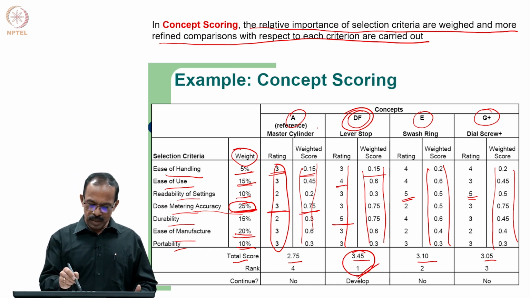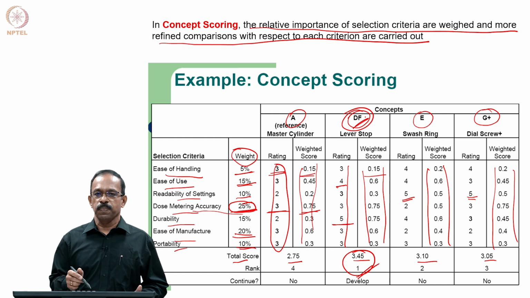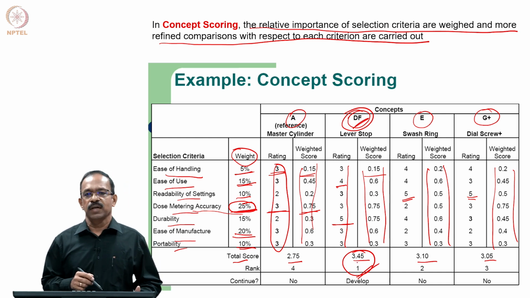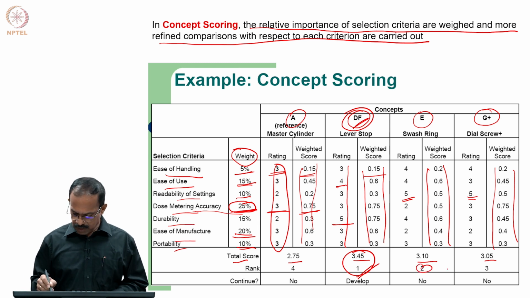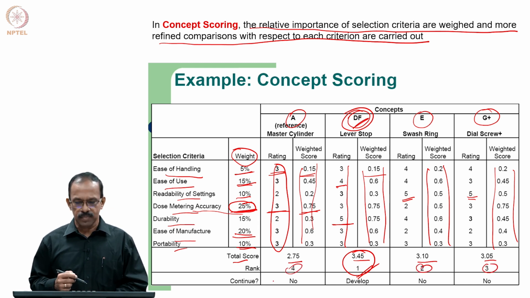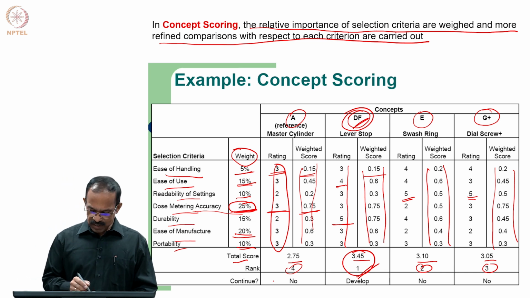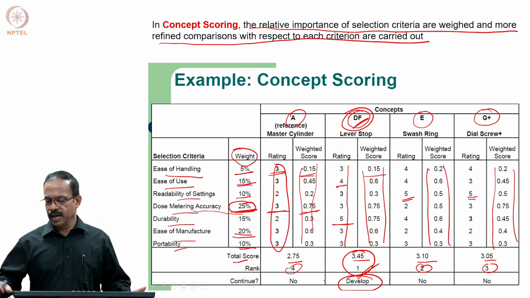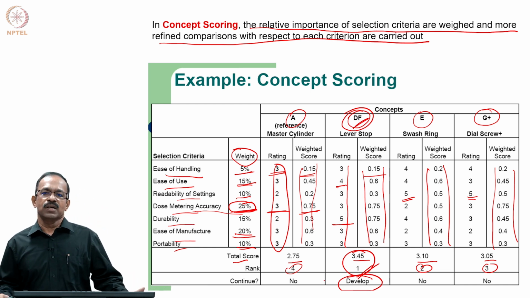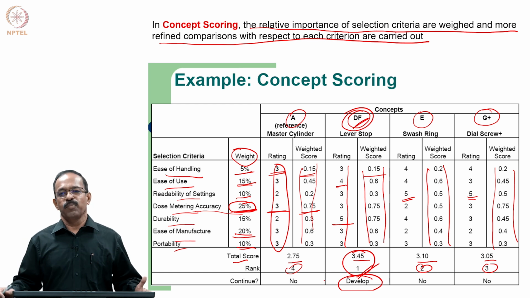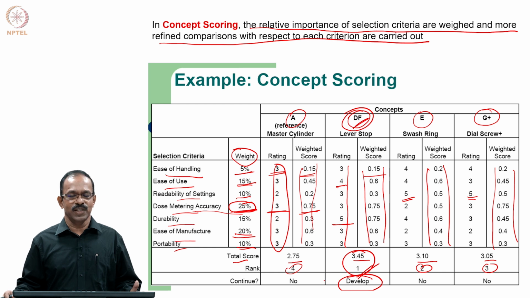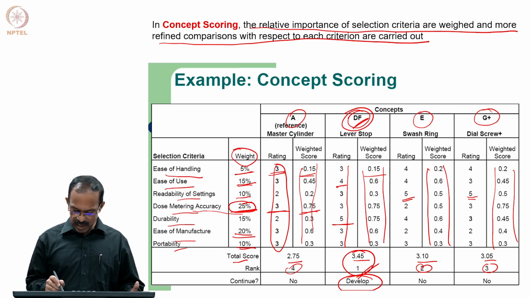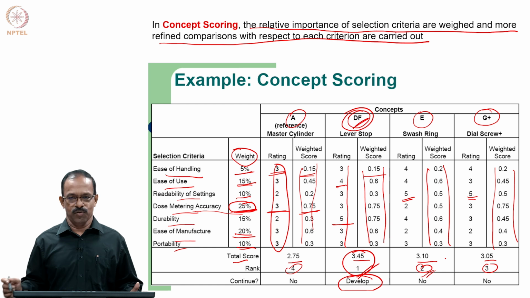But now compare when they combine these two, you will see that it has actually become the number 1 concept. And then you have number 2, 3 and 4, and then decide which one to take forward. So, you develop these concepts further and do the prototyping and testing, and in case of any problem at any stage, you can actually look back and see where you went wrong, and then you can decide to drop this and take the next one forward.